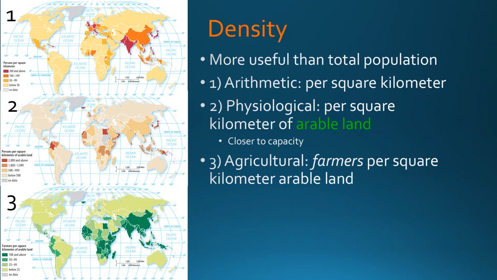And then we can also look at it agriculturally, which is farmers per square kilometer of arable land. And this indicates links to developed. Generally speaking, when you're in a developed country, you have less people farming. You've switched over to more of an industrial agricultural system. More people are going to live in a city. It's going to become more urban, which I'll talk about in a second. And so, generally speaking, you need less people to farm. In South and East Asia, still lots of people are farming. In Sub-Saharan Africa, lots of people are still farming.